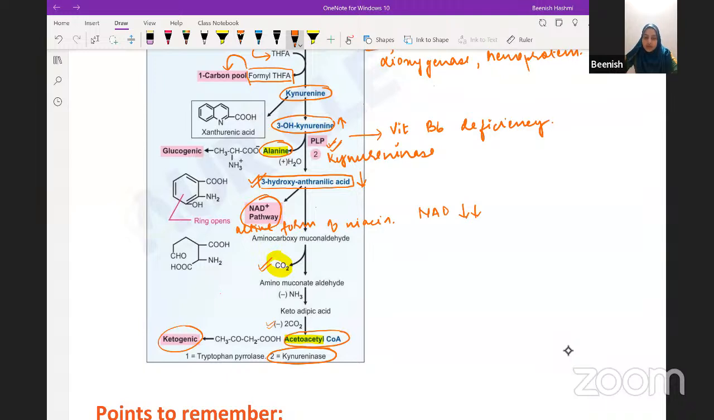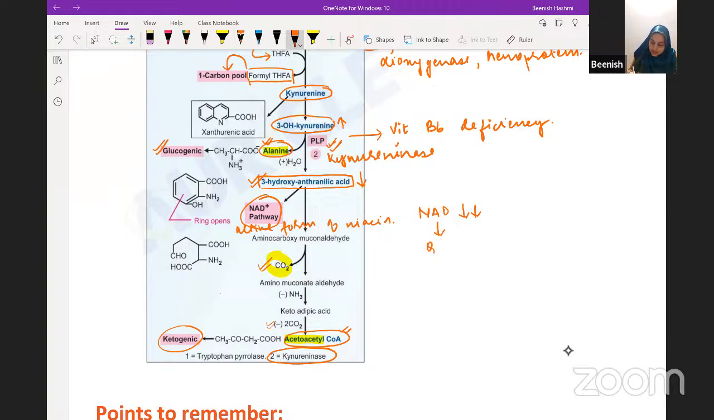So that was about the catabolic fate of tryptophan. So you've seen this alanine, which was given here in this step. This is entering the glucogenic pathway. Ultimately, the end product that is formed, acetoacetyl-CoA, is entering the ketogenic pathway. And also the intermediate 3-hydroxyanthranilic acid that is formed is entering the NAD pathway. Okay, and the NAD pathway is a multi-enzyme pathway. Multiple enzymes are needed. So the most important enzyme, that is the rate limiting enzyme in this NAD pathway,